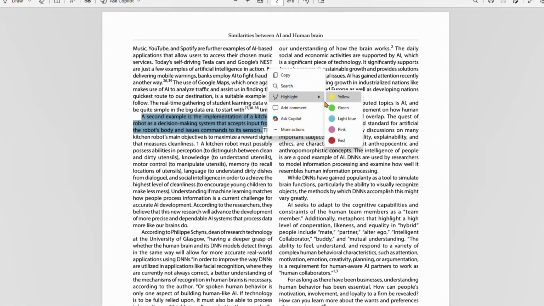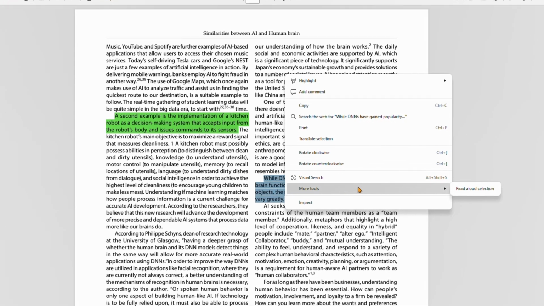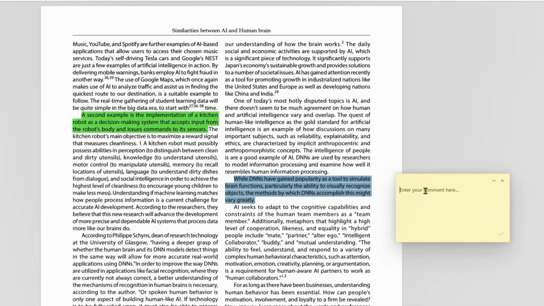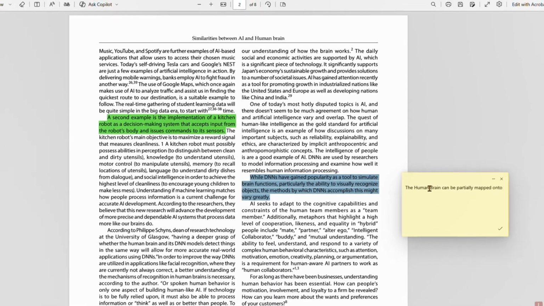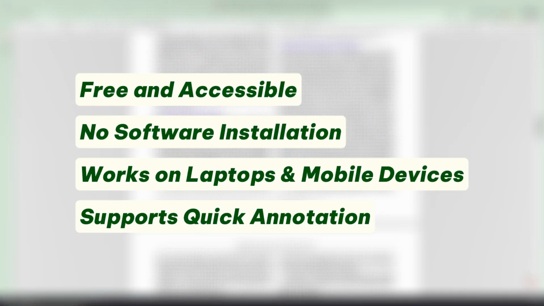Use the highlight tool to mark important text. If your browser supports it, you can also add comments or notes. When you're done, simply save or download the annotated PDF to keep your notes. The pros of this method are its accessibility. No software installation required. It works on both laptops and some mobile browsers, and it's a quick solution for simple